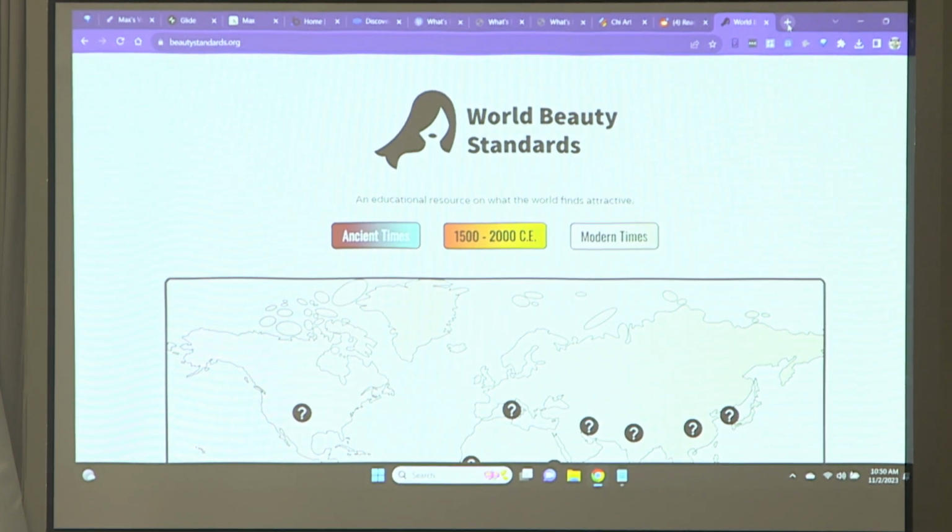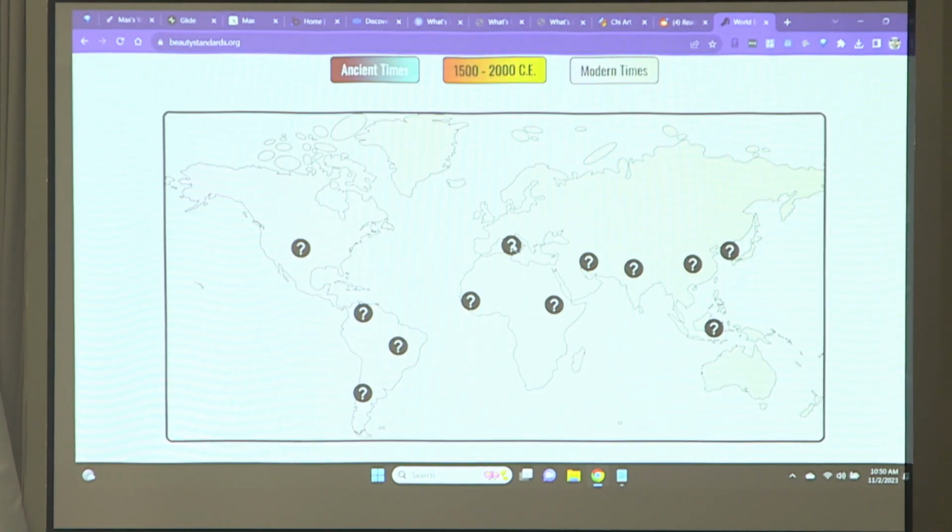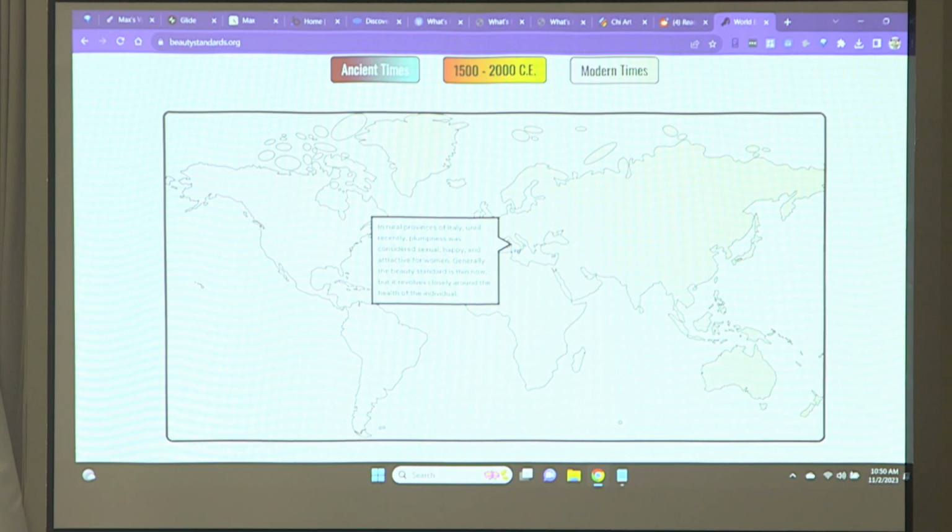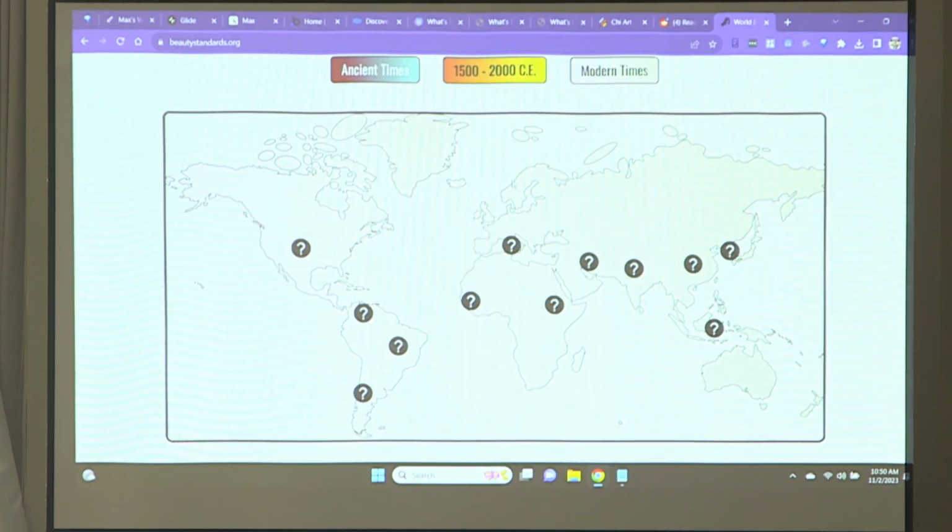But I was so interested in this topic that I wanted to build a product on it. So I built an interactive map where you can just highlight over different things. Rural provinces are a bit like that until recently. There's a whole bunch of different things that have changed. What men find attractive and what women find attractive has changed dramatically throughout history. It's a super interesting sequence and how those beauty standards develop.